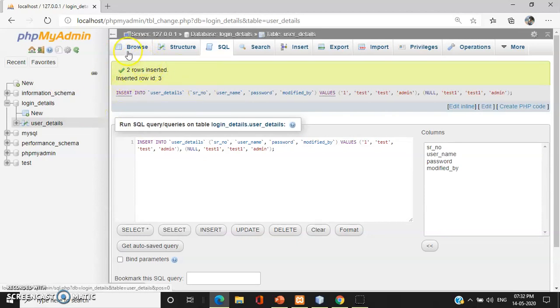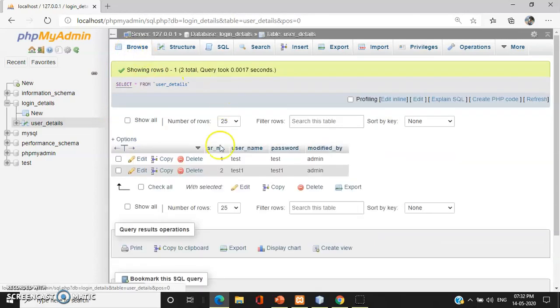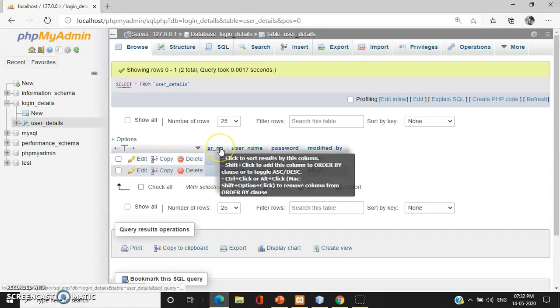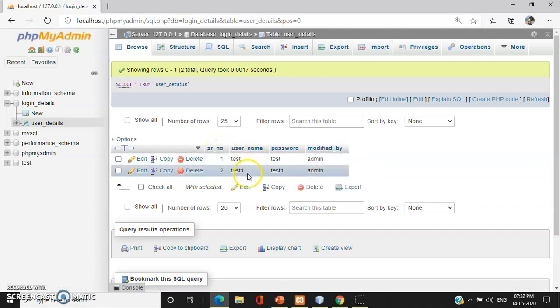And now if you want to see, just go to browse, and you can observe the table that you have just created. It has serial number 1, 2. We did not enter 2, but it has been automatically incremented, since we have taken the data type as serial for serial number, then username, password, and modified by admin.